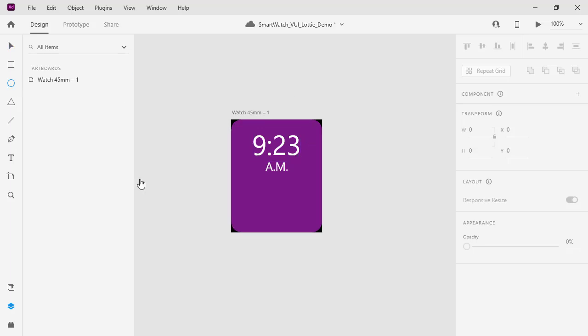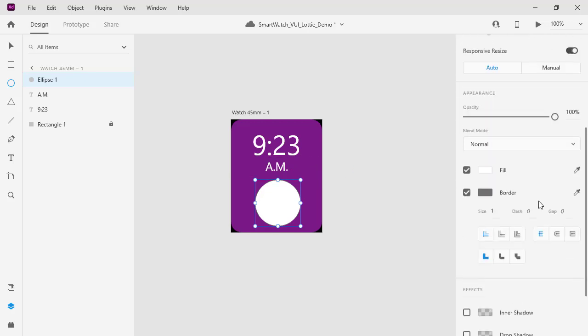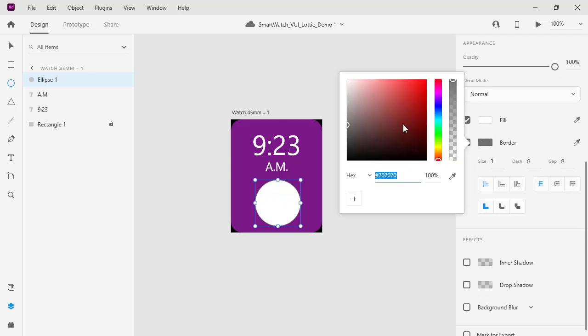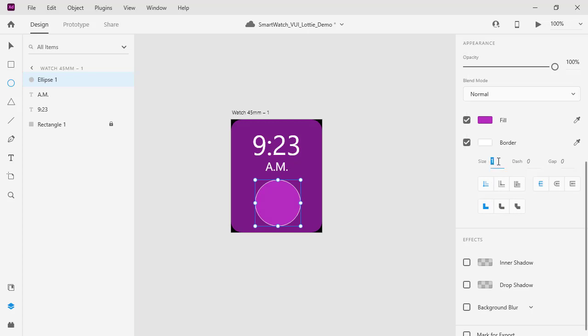And so I'm going to have something touchable in this case that would listen for voice user interaction. So I'm going to start by just creating an icon that you could touch where that might be. I think I'll have that with a white border but a different fill, maybe a lighter color fill here for that. And I'll choose to have a little thicker border. All right, and so inside of that, I think I'll go ahead and put an icon